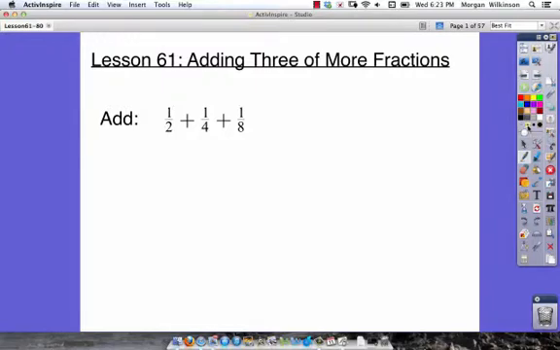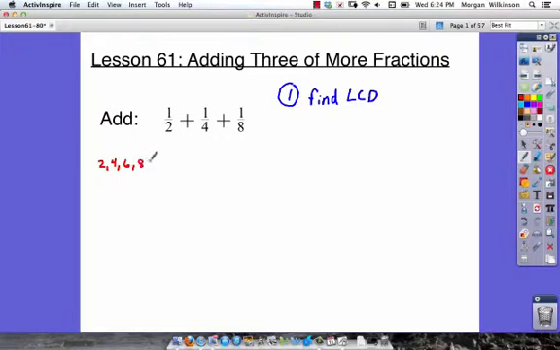The first step that we're going to do is to find our least common denominator. So we want to find the LCD, least common denominator. And in order to find the least common denominator, we have to look at what's the least common multiple of 2, 4, and 8. In order to do that, we can skip count. We can say 2, 4,